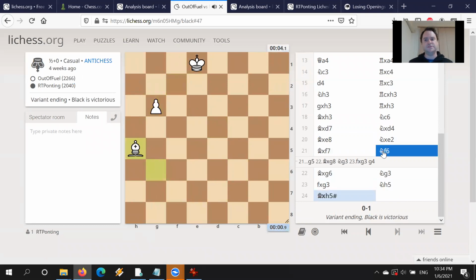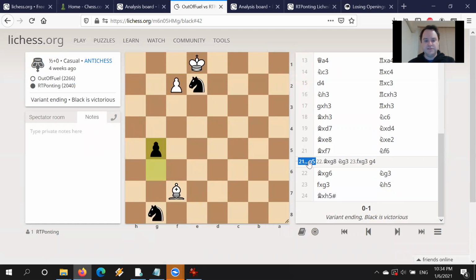Okay, black loses all of their pieces and black wins. An alternative of how this game may have gone is playing g5, and now the bishop must take the knight or the king must take the knight. If bishop takes and I play knight g3,